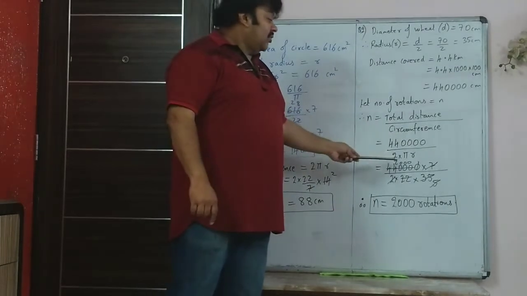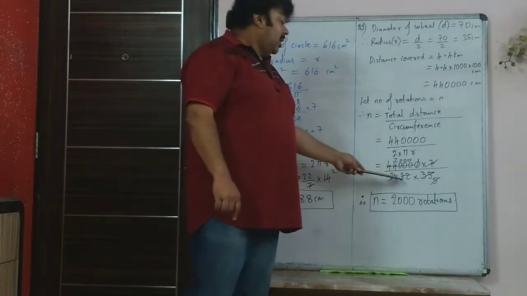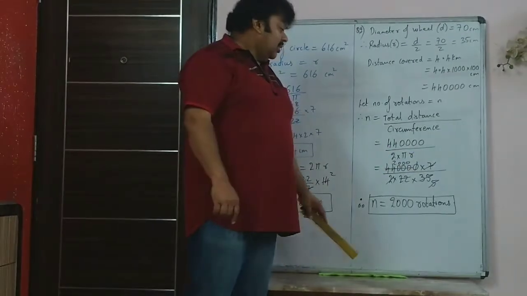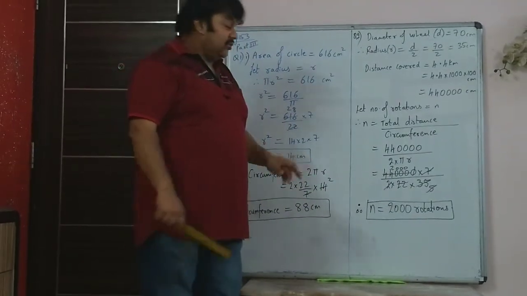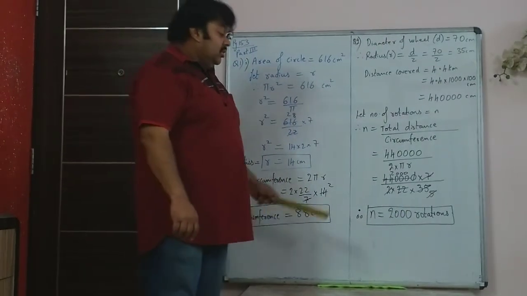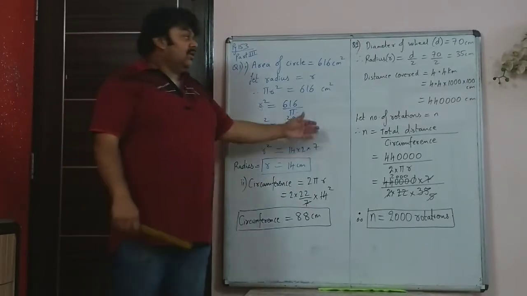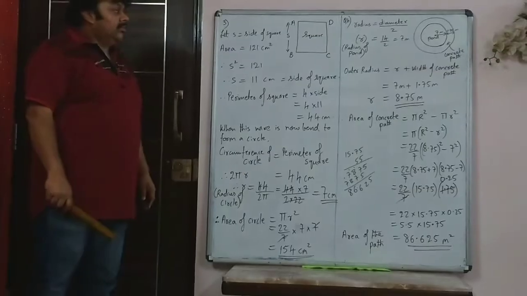And circumference of the wheel is 2 pi r. So when you do the calculations, again pi is taken as 22 by 7. So the 7 goes on the numerator. And when you do the calculation further, it is simple calculations. Most things get cancelled and you're left with 2000. So the number of rotations is 2000 rotations. These are very simple sums. Direct formula. We go on to the third sum.